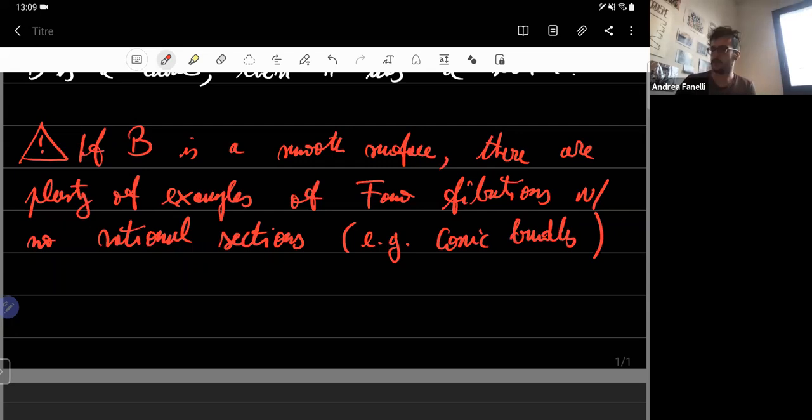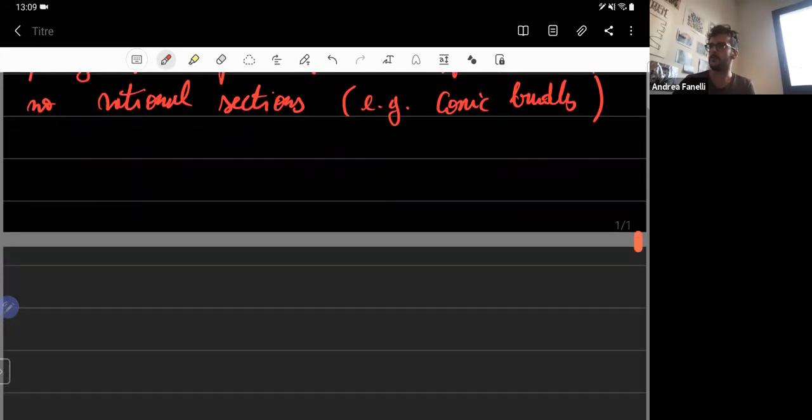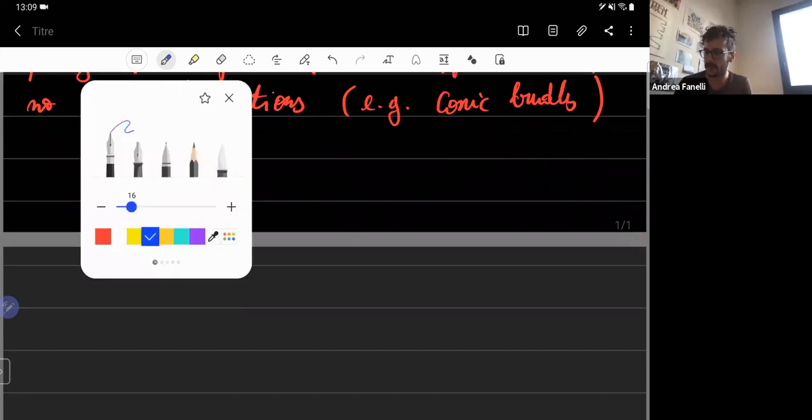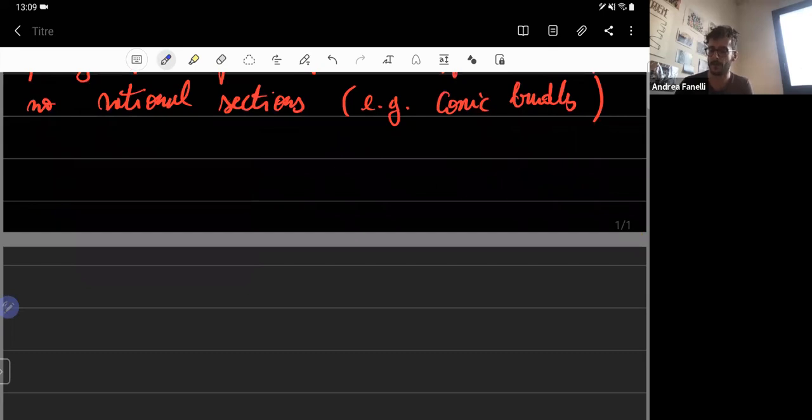Let me, just to fix ideas, write down one example, to show you how easy it is to write down explicitly an example of a Fano fibration over a surface which has no rational section. So you take inside P² × P², let's take a conic bundle. We write it as x₀² plus